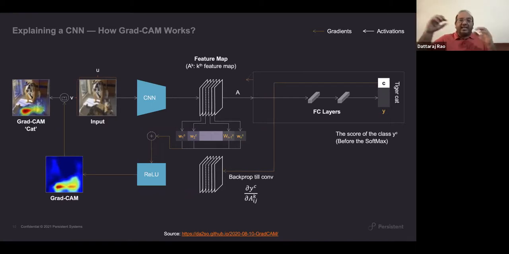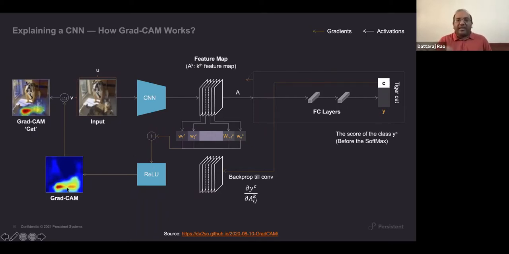For a cat, there are certain feature maps, like the whiskers of the cat or the face of the cat, that will be identified. Those are captured into your feature maps. So when you take the last convolution layer, it will have multiple feature maps, because you have multiple convolution features running. You take the gradients and a weighted average based on the gradients, you apply a ReLU activation to it,